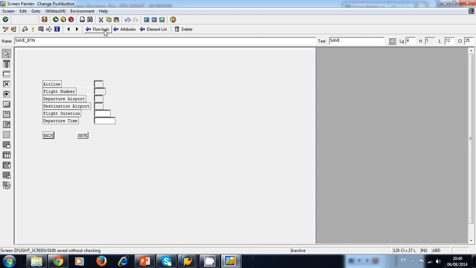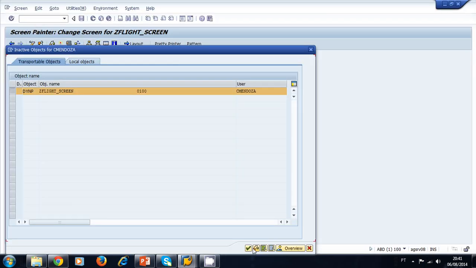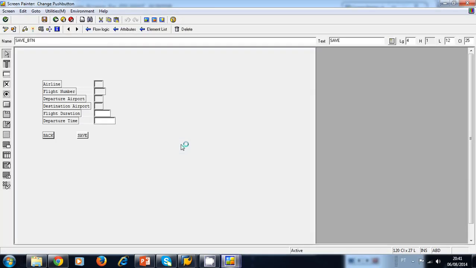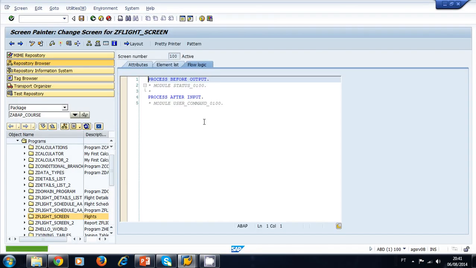and then I go back, or I activate first. And then I can go back using the flow logic. So now I have two push buttons on my screen. Remember the OK code that I told you about? So we go to the